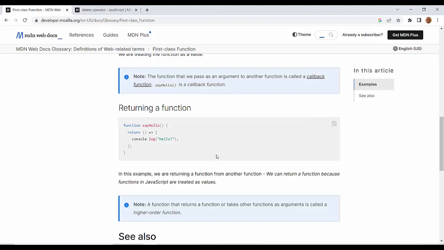Returning function. A returning function is a function that has a return. Here, the function say hello returns an arrow function, and this arrow function returns something. What will be returned? The result of the function. Return means that the function gives back